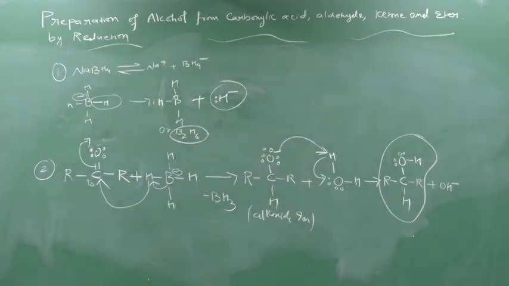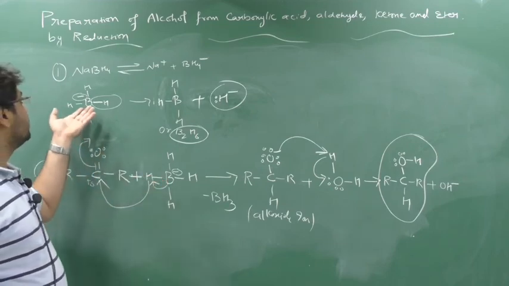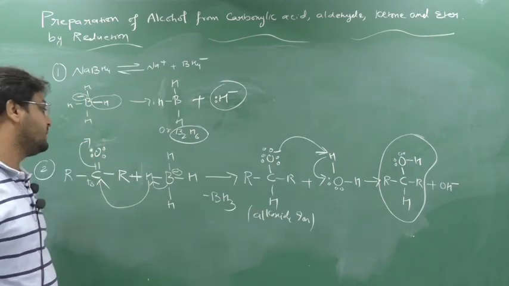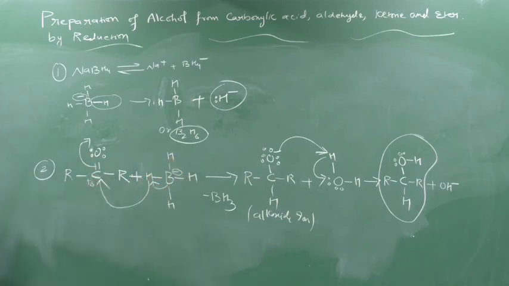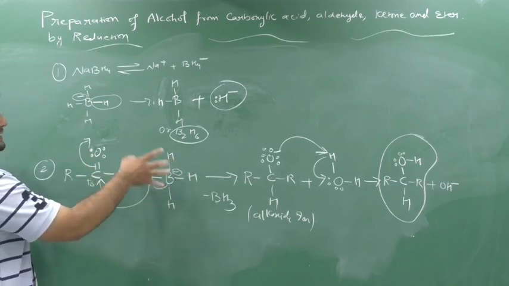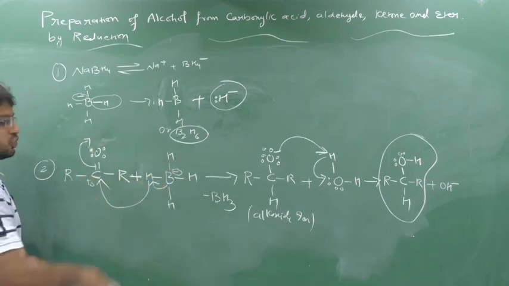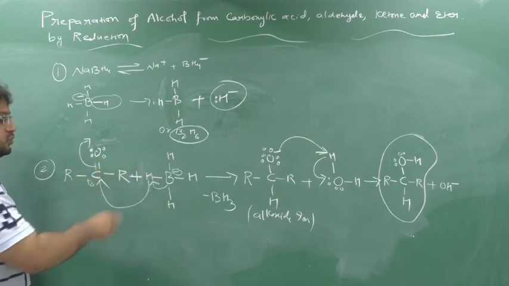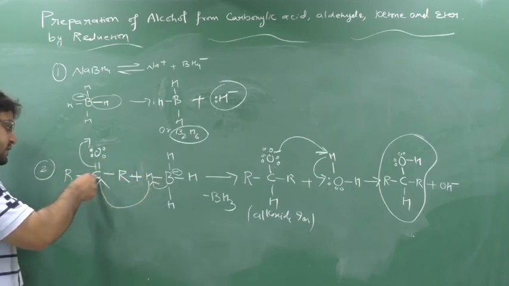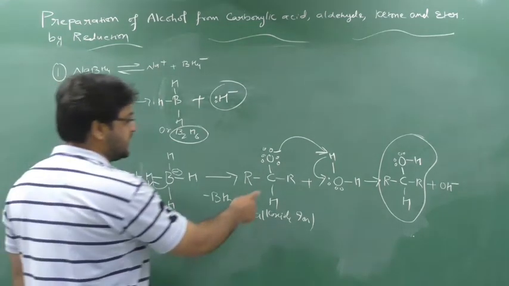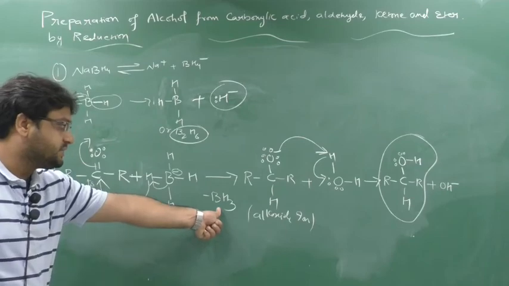Clear this part? See, once more I will explain the mechanism. See, this is carbon, this is oxygen, and this is the BH4 minus. So in the first step, NaBH4 will split and form Na plus and BH4 minus. So this BH4 minus will react with this ketone. This boron of BH4 minus is unstable, so it has to gain stability. So this boron will release this H. H will be removed as minus, it will gain the electron. This H will attack this carbon because it has a partially positive charge. So carbon is making a new bond with hydrogen, so the old bond will be broken and enter into the oxygen. So it will generate an alkoxide ion and BH3 will be released.